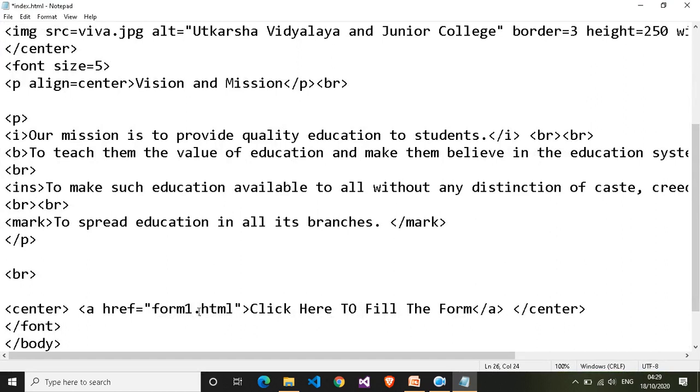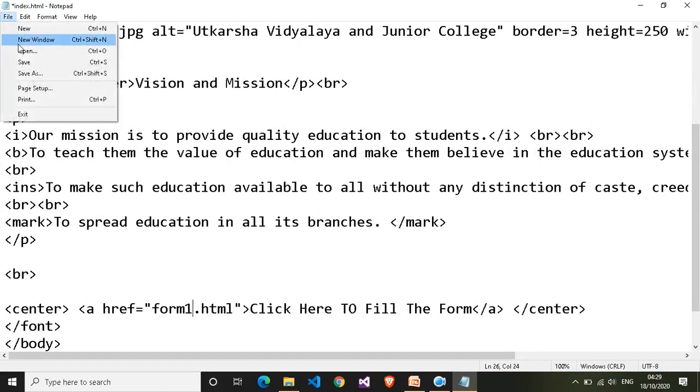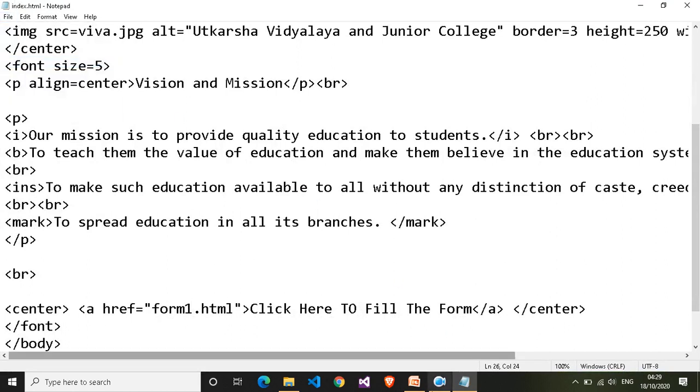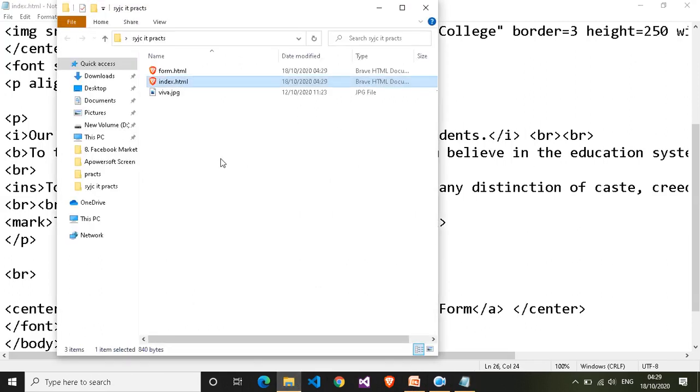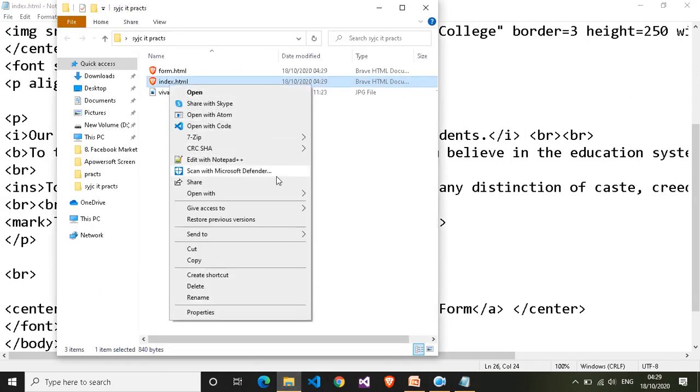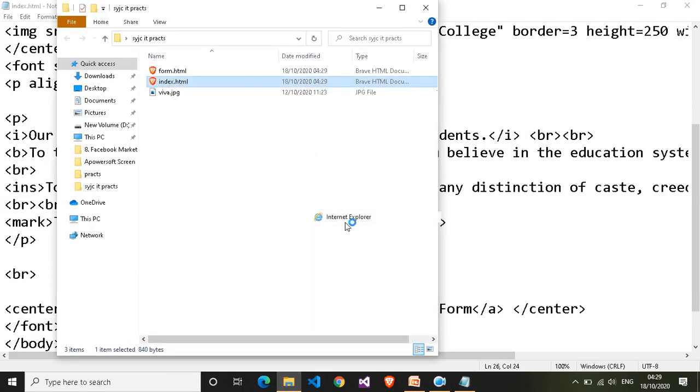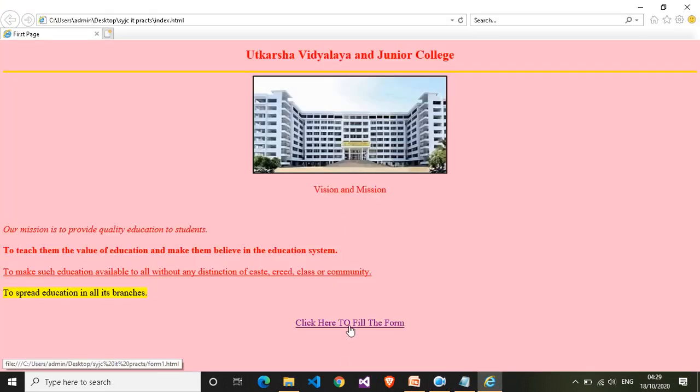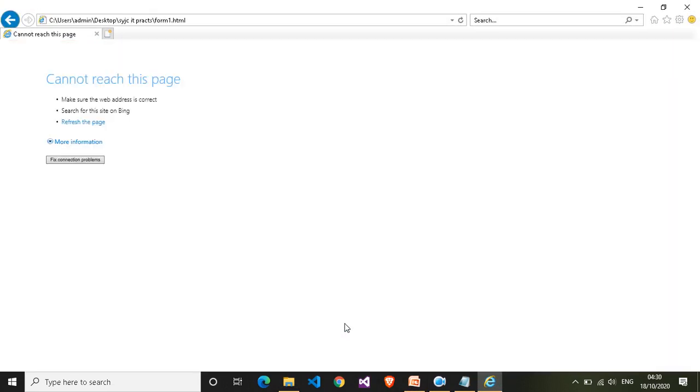Suppose you have made a mistake while writing the name of your second file. In that case, if you click on this link, it will show me that it cannot reach this page.